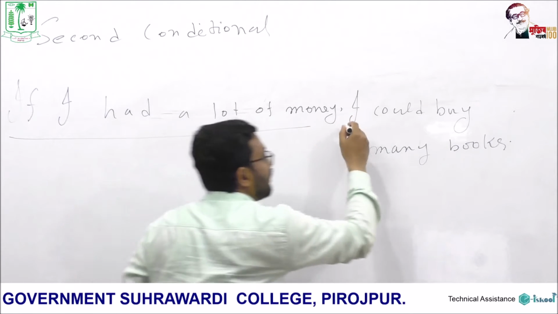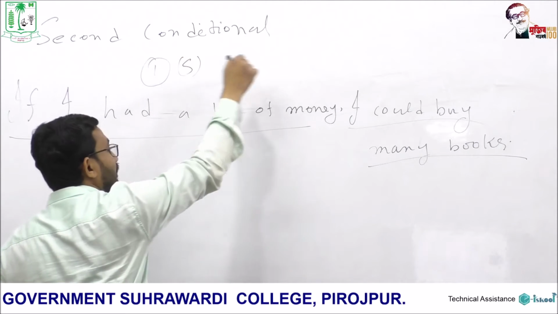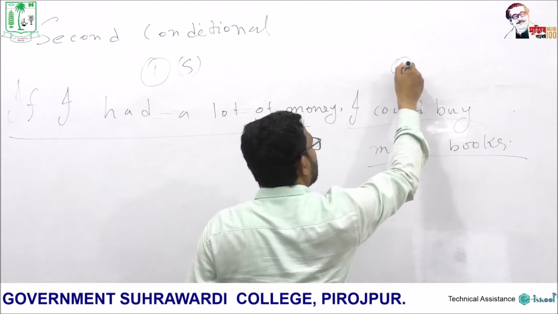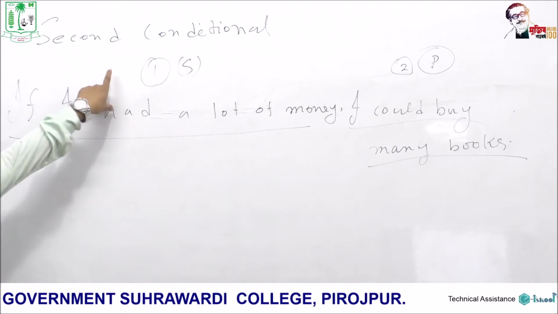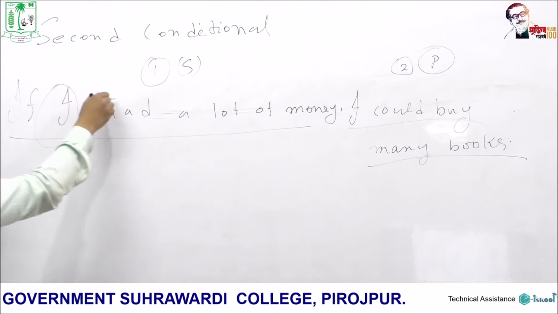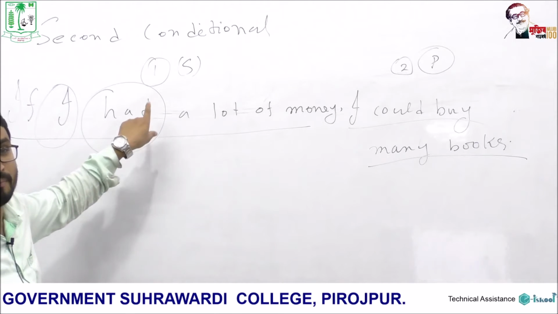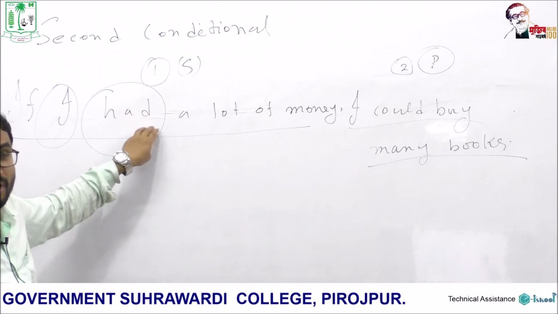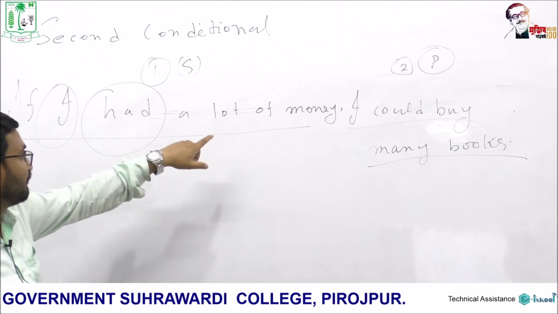Here we also find two clauses. The if clause, that is the subordinate clause, and the principal clause. What tense has been used in the subordinate clause, that is in the if clause? If I had a lot of money. Subject and past form of the verb. Bear in mind, this had is not the auxiliary had of past perfect; rather it is the past form of have, and if I had a lot of money, it means that